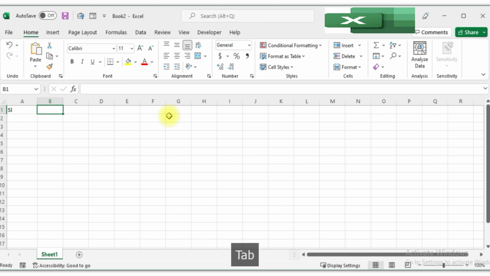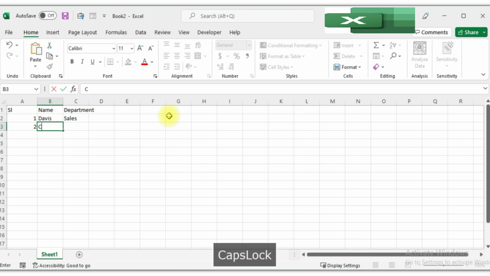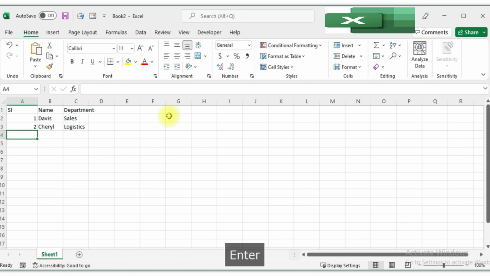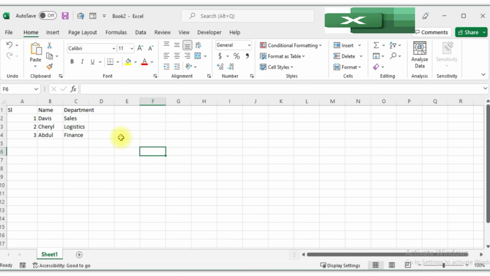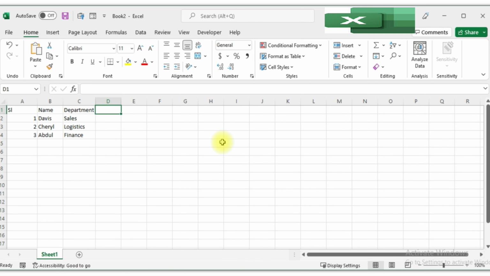I'm starting with serial, name and department. Serial number 1, just filling in a few data here. Davis, department sales. Number 2, Cheryl in logistics. 3, say Abdul, finance, etc. Now, one thing about Excel, or let me just put here one more column,